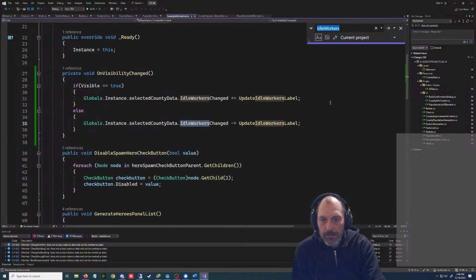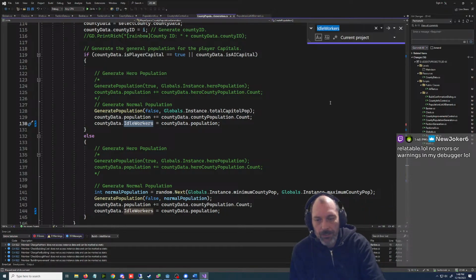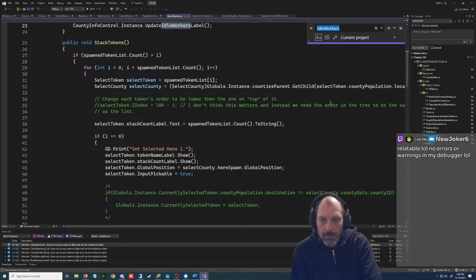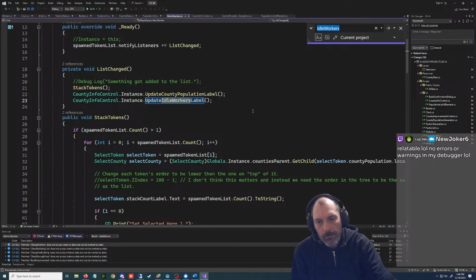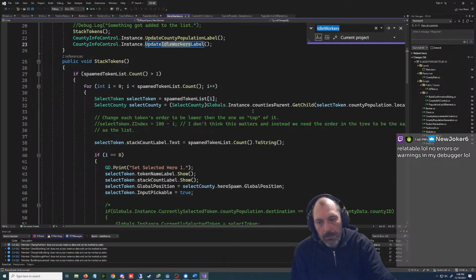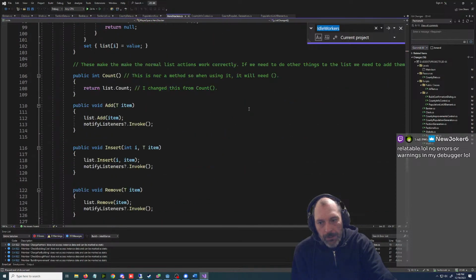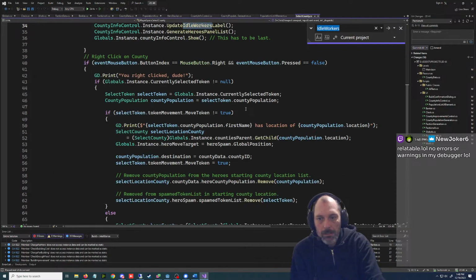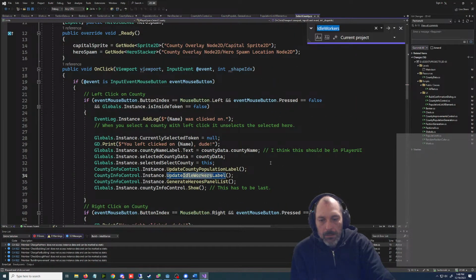Are we just going in circles here? No. Here we go. So we're just sticking on the county generation. We're just sticking the county population because they're all going to start out as idle. So that's okay. And then we're updating the... when the list changes, we update the idle workers label, and that updates.